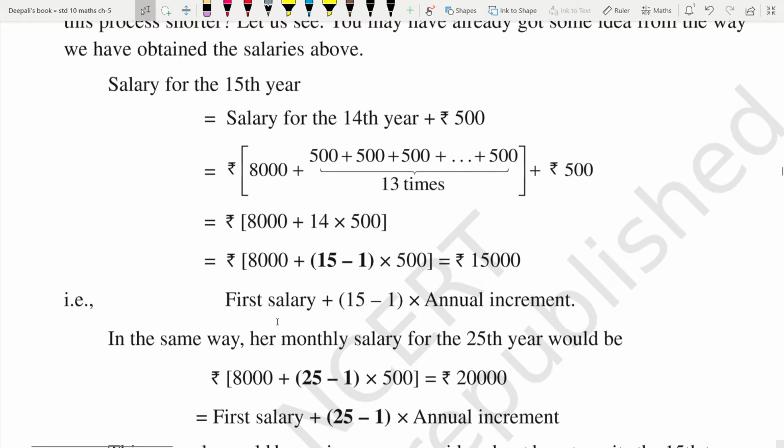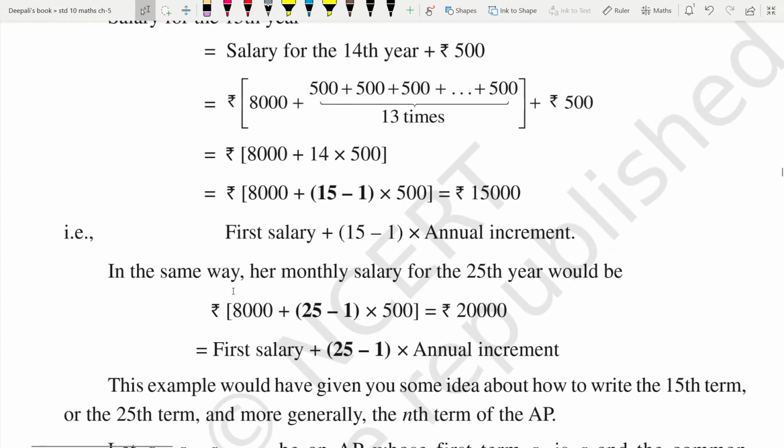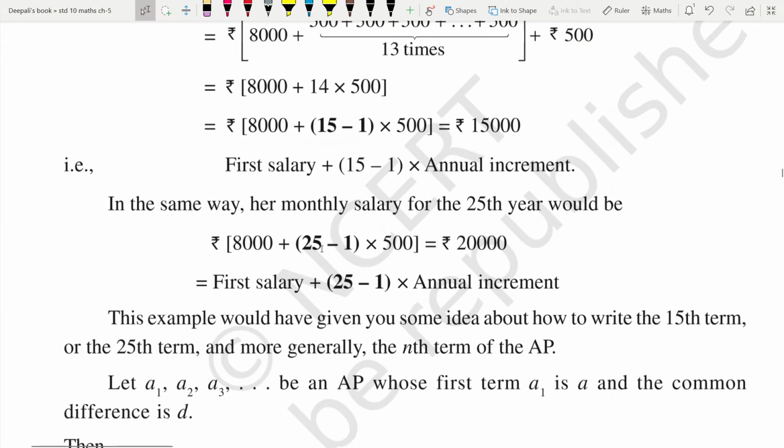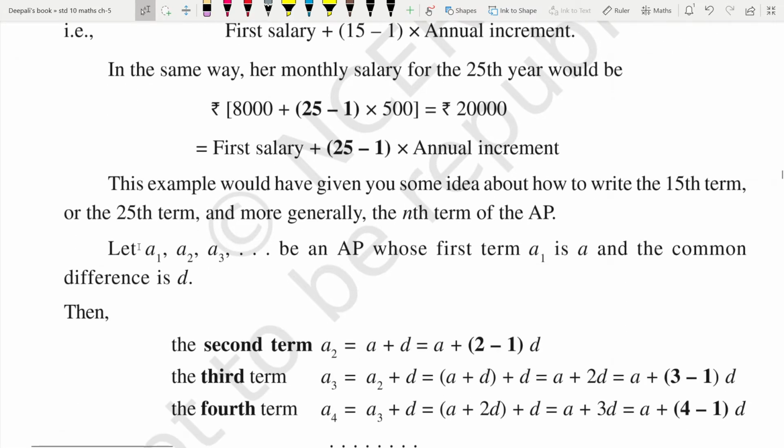So first salary plus (15 minus 1) into annual increment. In the same way, her monthly salary for 25th year can be 8,000 plus (25 minus 1) into 500, which is 20,000, and first salary plus (25 minus 1) into annual increment. This example would have given you an idea about how to write the 15th term or 25th term and more generally the